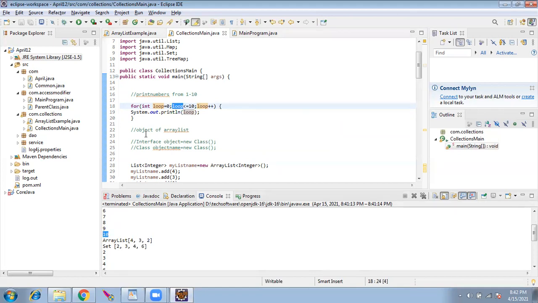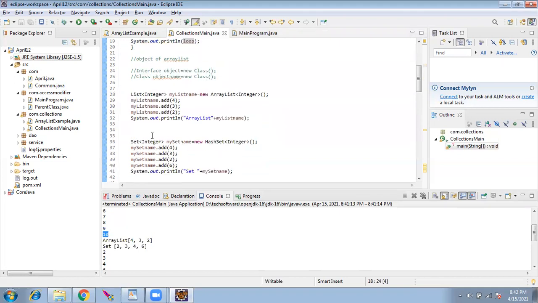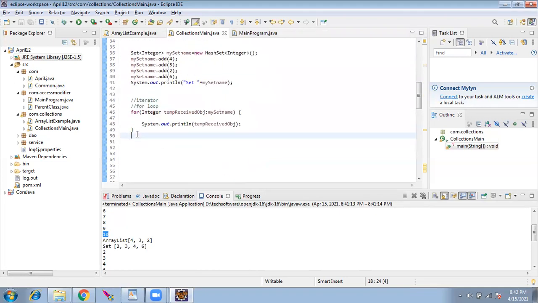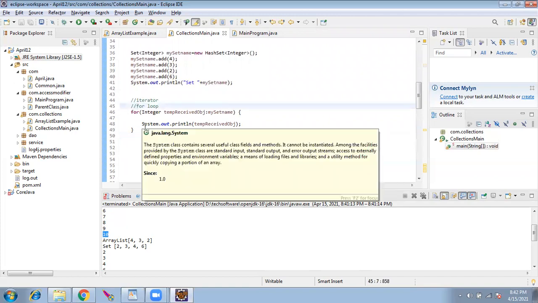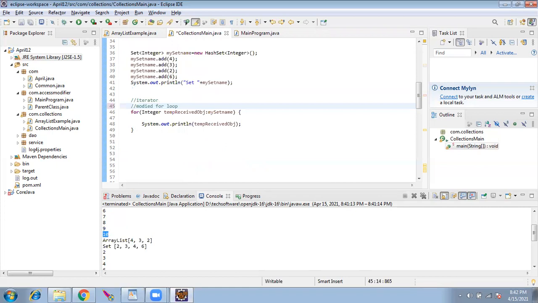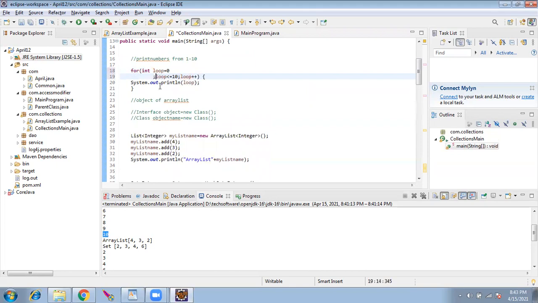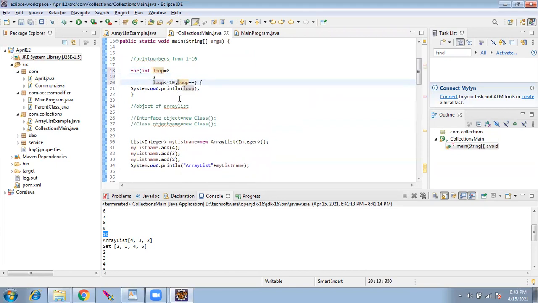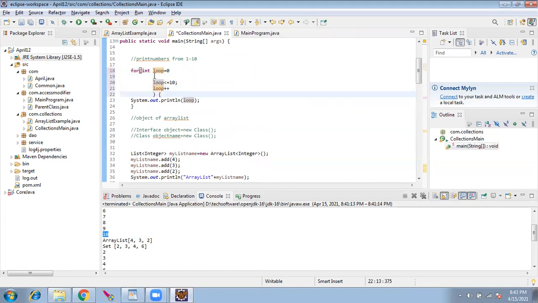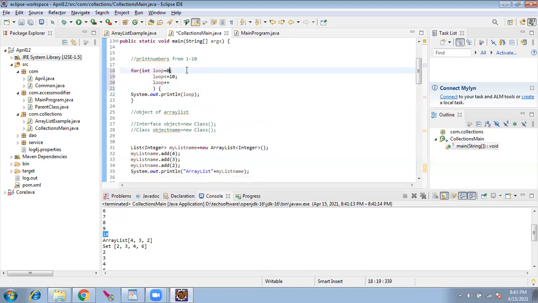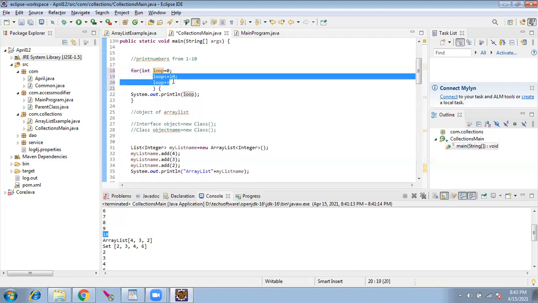I'm good. Okay. So this is a simple example of for loop, and this is called the modified for loop, not the original for loop. We have 3 sections in the original for loop: first initialization, a semicolon, condition, and last the increment.